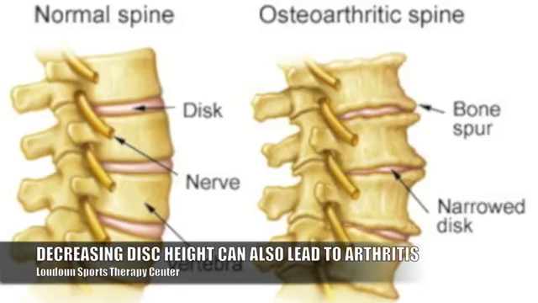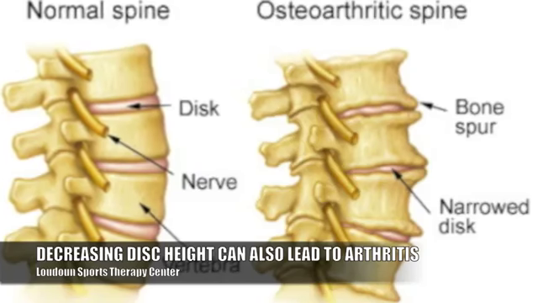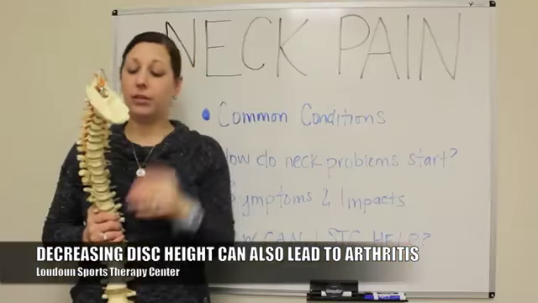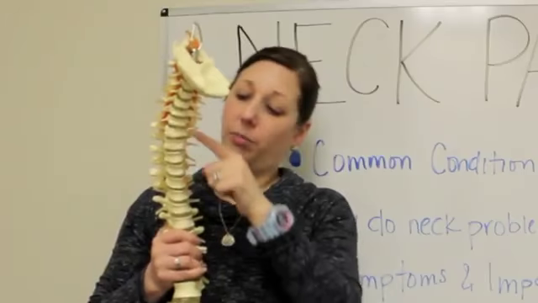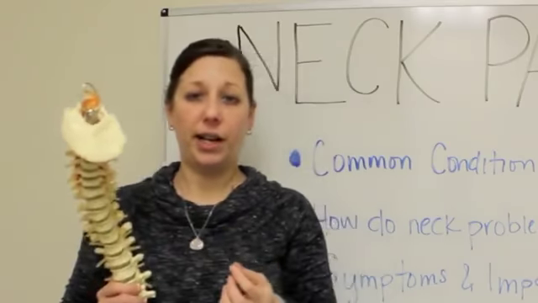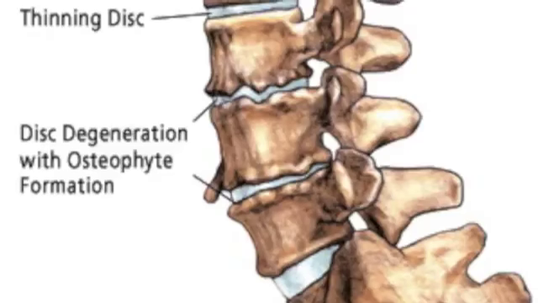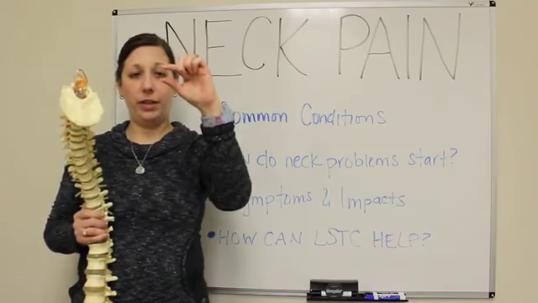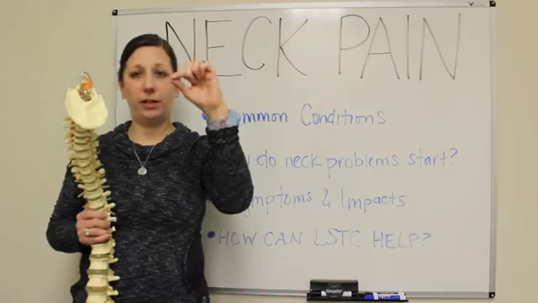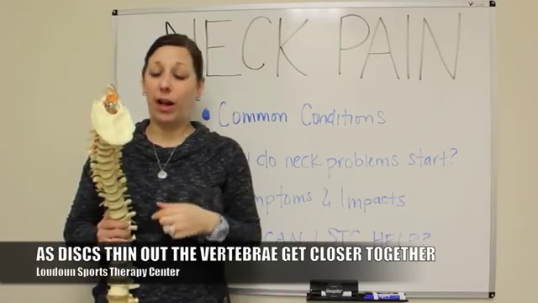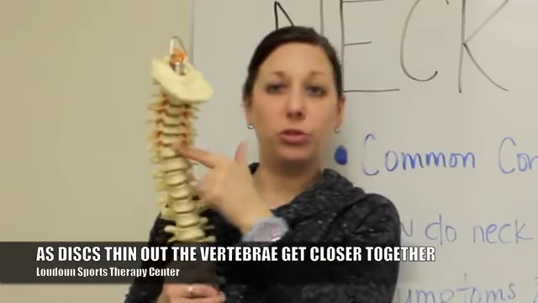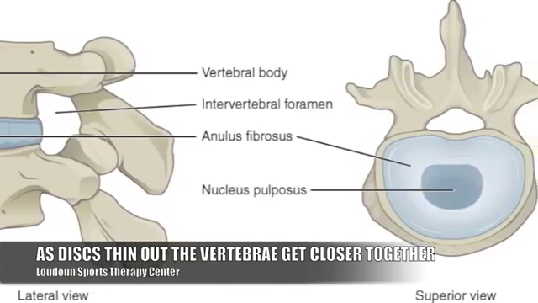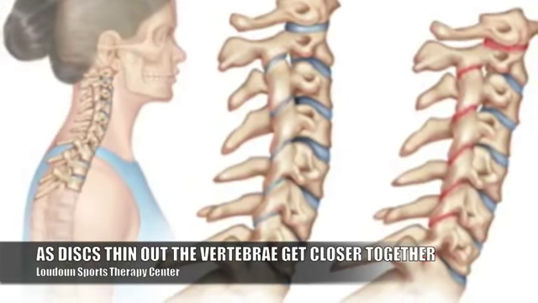Disc height, that's another thing that causes arthritis. So over time, just as we're aging and we're upright beings, these discs in between each of these vertebrae actually thin out. So over the years, more and more compression onto these discs. These discs start out, let's say, like this, and then over time, they thin out. So as that disc thins out, what happens is that one vertebrae gets closer to the other vertebrae below it, and so on. And as that happens, you get some grinding around there, and that can cause some arthritis, which